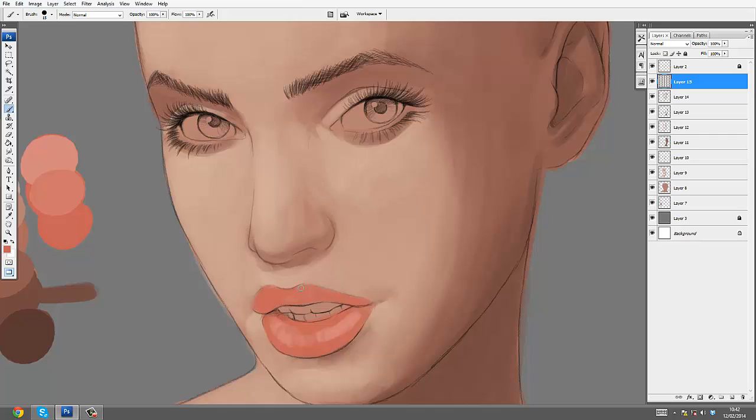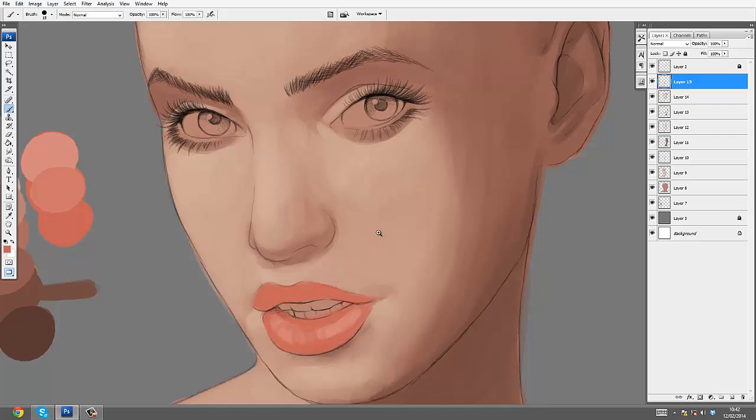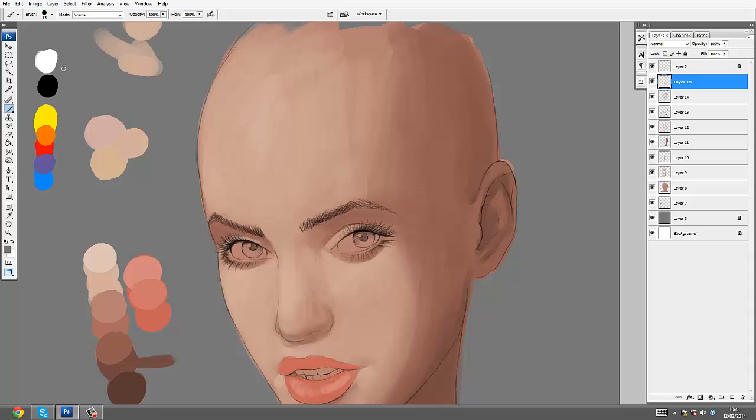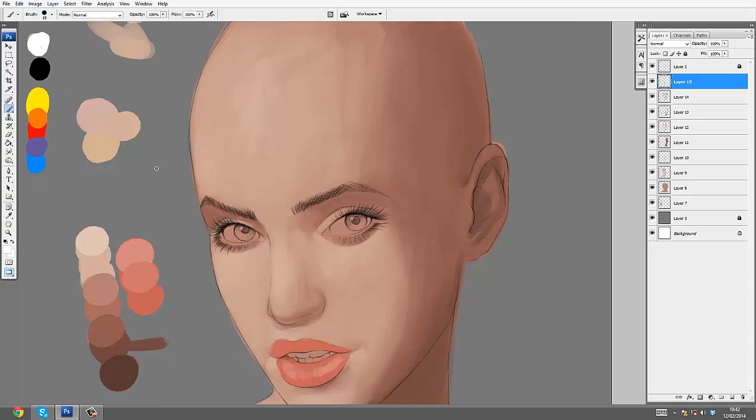While if you maintain a quality in the whole painting, let's not say middle quality, because you always have to do your best. But let's say that